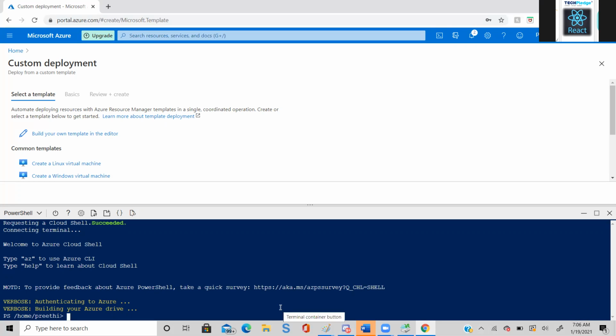I sent one manual to you. Can you open the chat and just download it on your local machine? In the chat box. You see the chat? Open the chat.